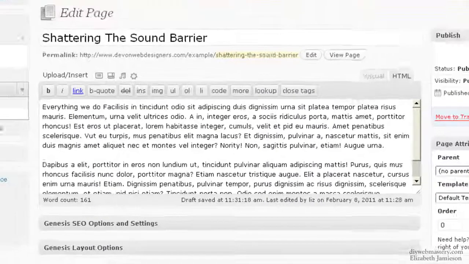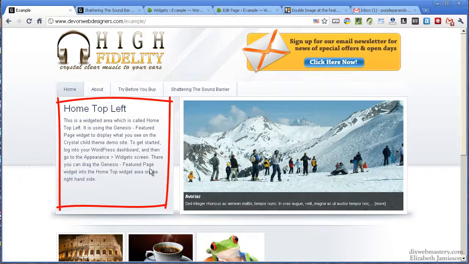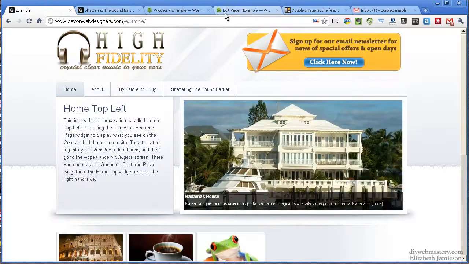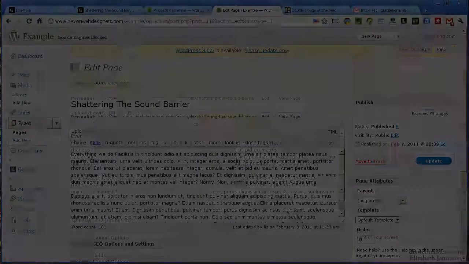Getting back to the problem in hand, I'm going to now configure this area of the home page. And as I said, I'm going to use Shattering the Sound Barrier as my feeder page to that section. The way this